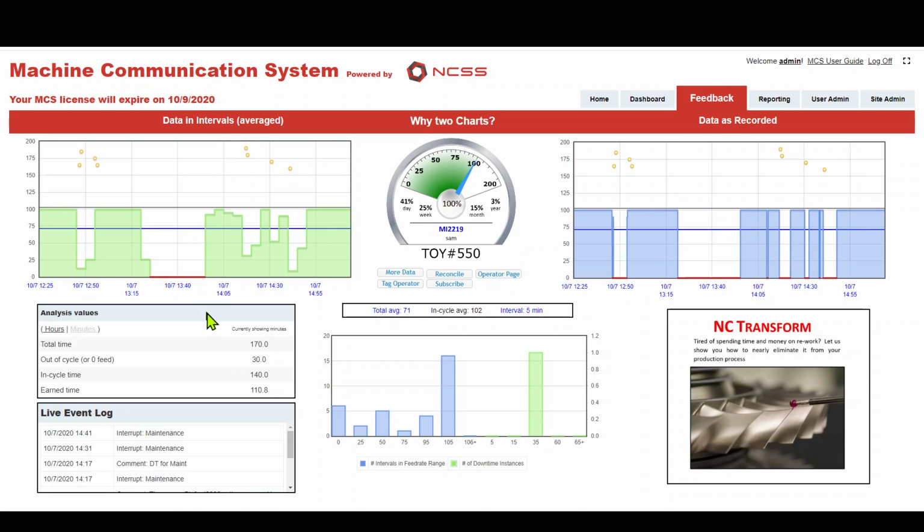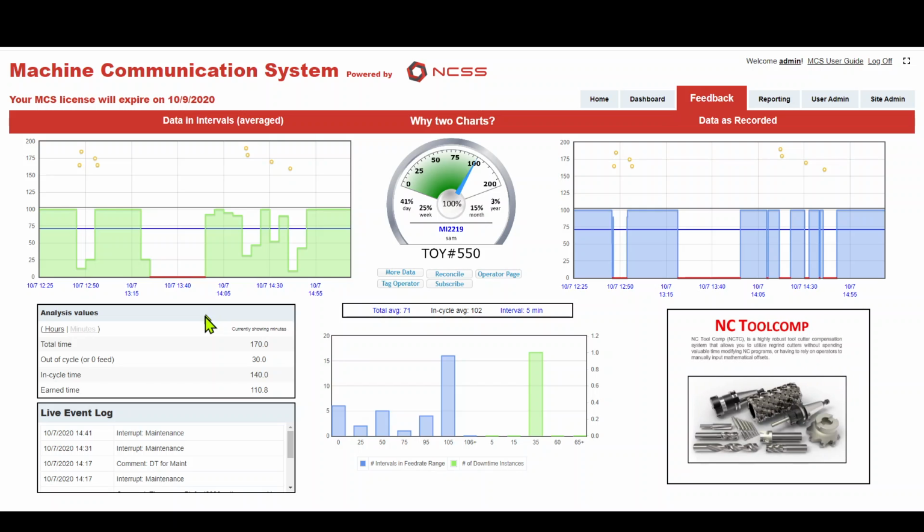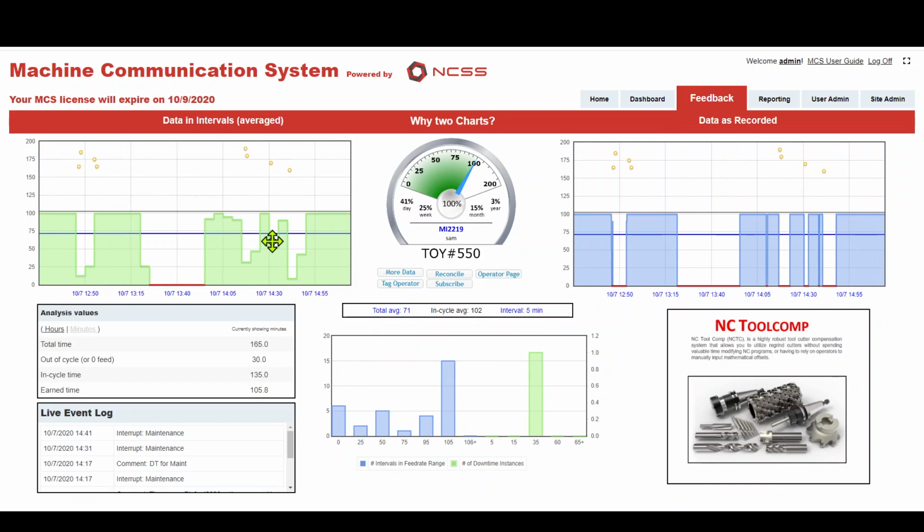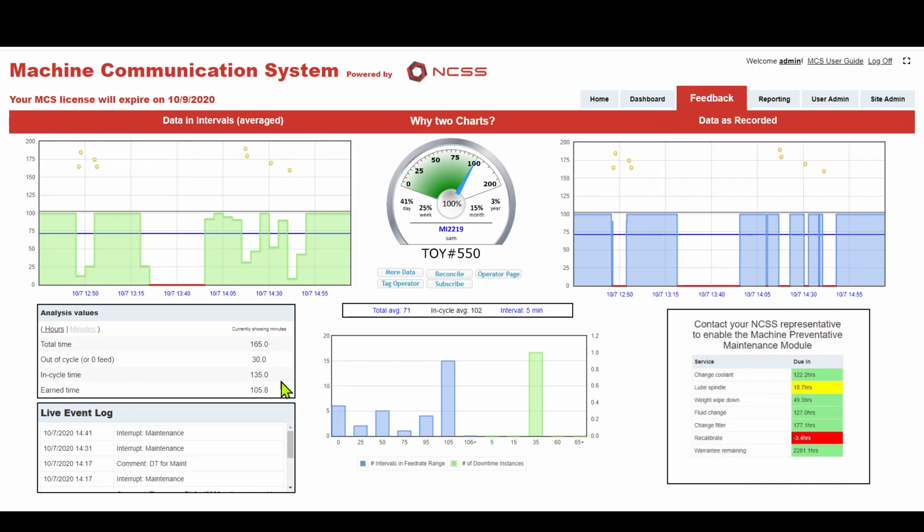Now down here on the left, we can see the total time of these charts is being shown right here. So you can see if I scroll in and out, that's going to move. And so we have our total time as well as our out of cycle, in cycle, and earned time. We can also see that we have a list of live events, which is very nice to have there as well. Here in the middle, we have our live